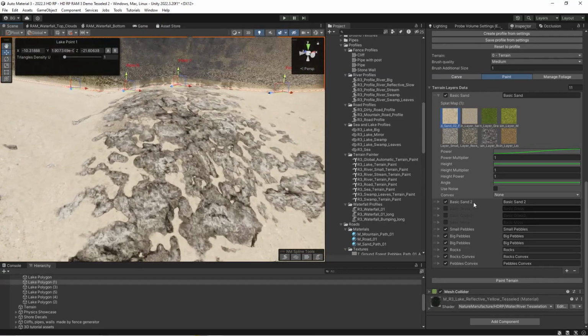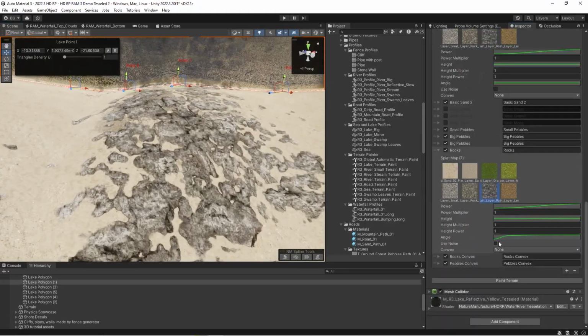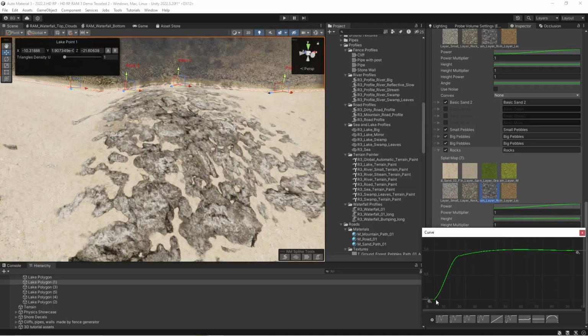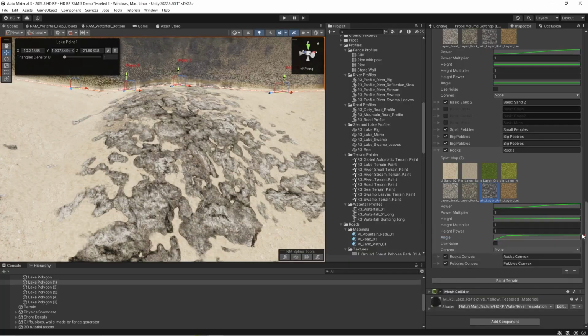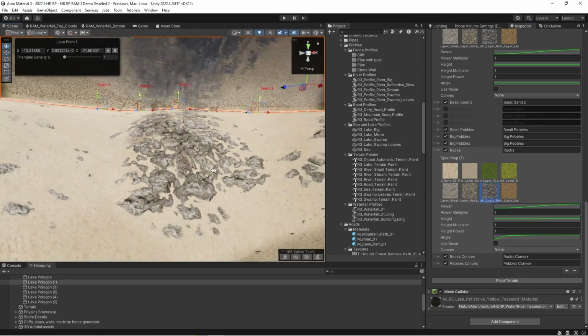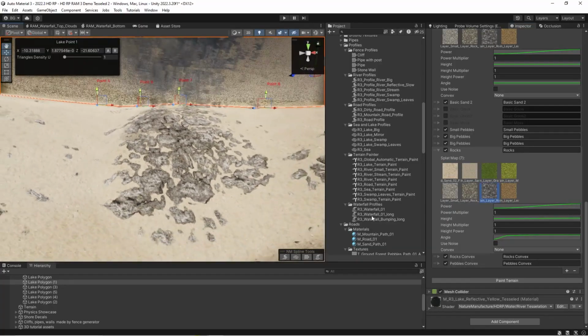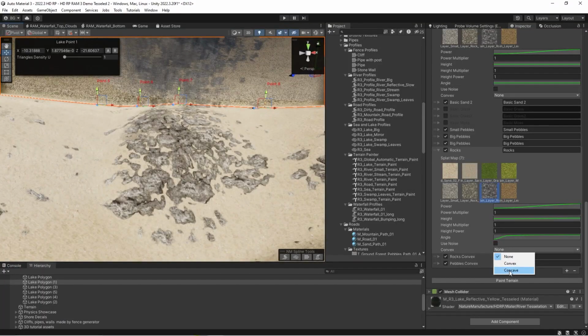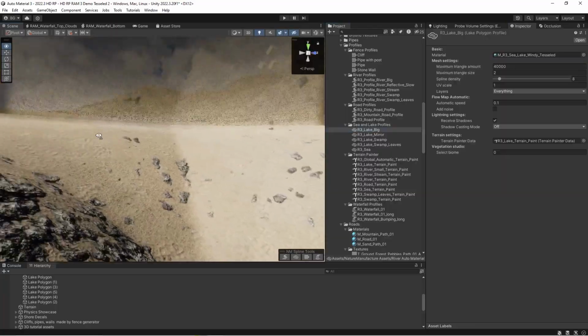As you could see, for example, rocks are painted by a specific angle, so the texture will start to appear only in a specific angle. You could of course noise that, so the spline will be really messed, but it will probably give the best result. And you could paint with noise and without, and by convex and concave rules,